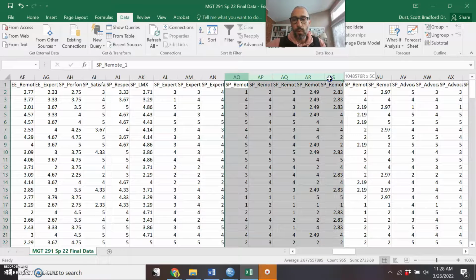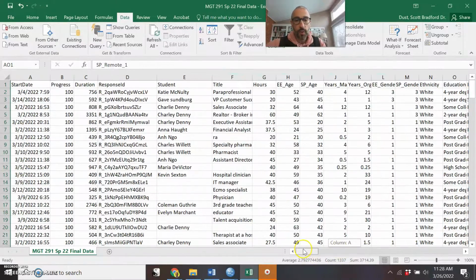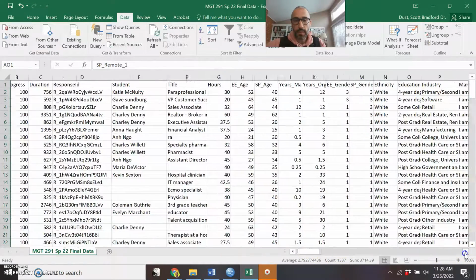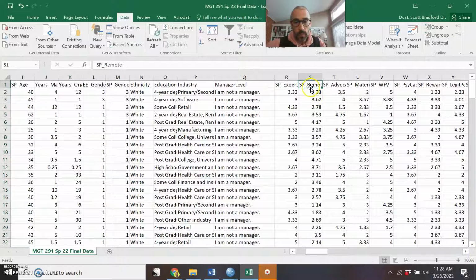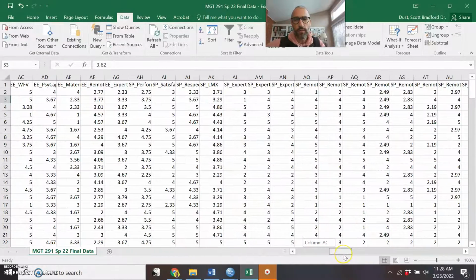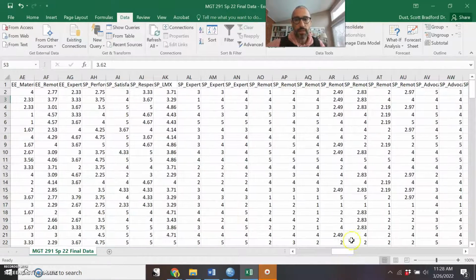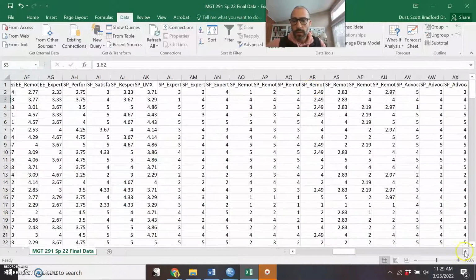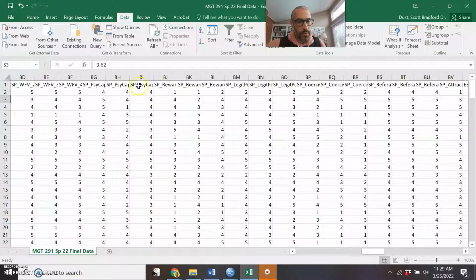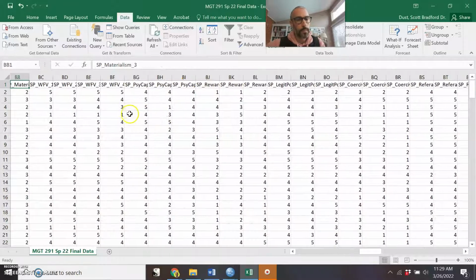So for remote work, employee and supervisor, those have already been reverse scored at the item level, so that when I do the aggregate, where's the aggregate number, for supervisor remote, it's all going the right way, right? You've got to make sure they're all positively worded or all negatively worded. So that's the only variable in this data set where that was necessary. All right, let's see what else we have. So after remote work,